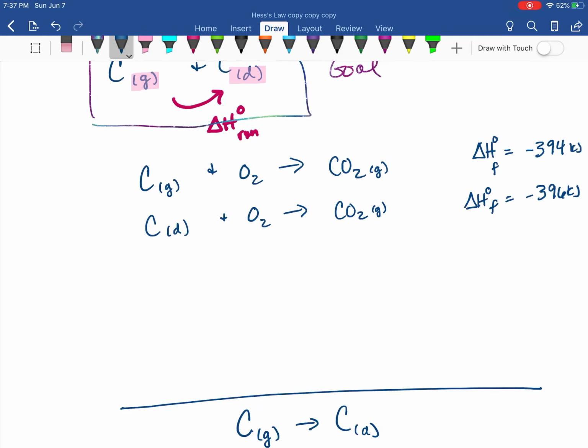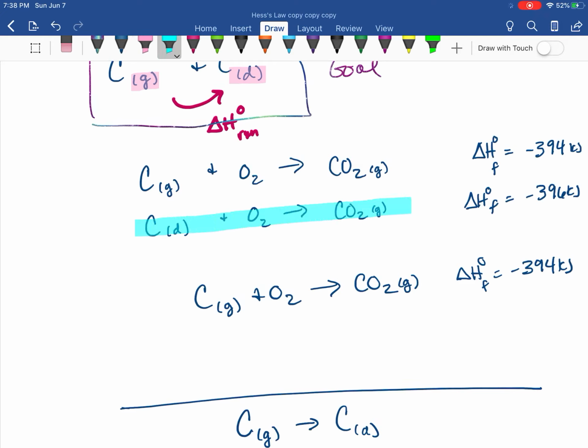My overall process, I want it to say carbon graphite to carbon diamond. So that means I have to have carbon graphite on this side so I can keep it. So I'm going to write this reaction in this way. And we already know that data,